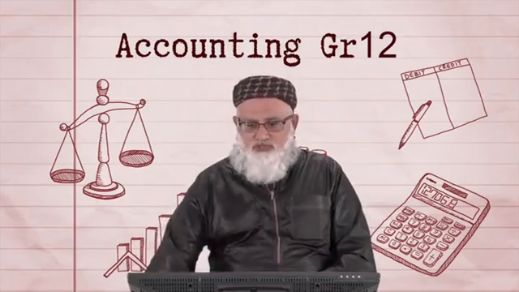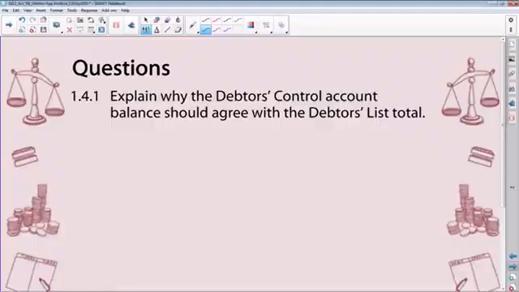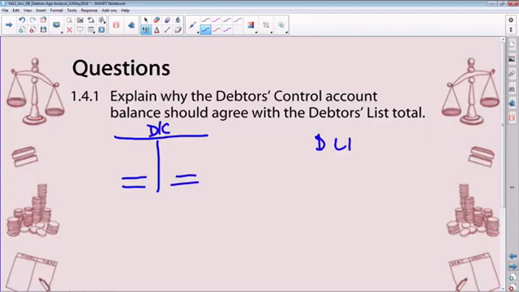Okay, grade 12s, what was your response? Remember that the debtor's control account, as we've discussed it, is a summary of your debtors list. Watch what I'm doing for you graphically now. Whatever you've done to your debtors control account in total, you've done individually for each debtor. Therefore, the debtors control account, I repeat, is a summary